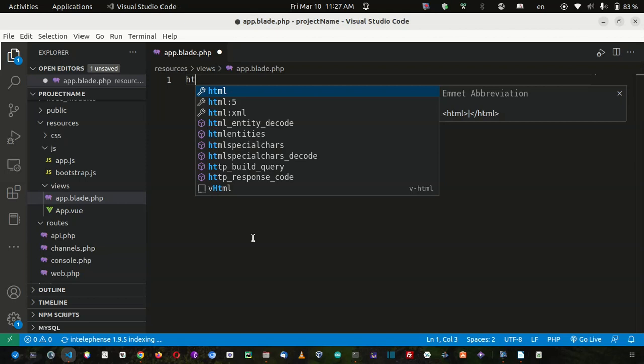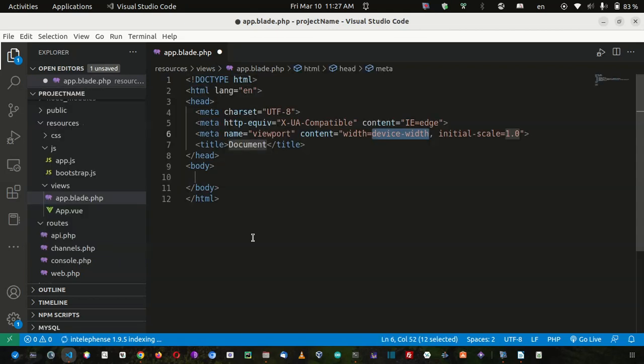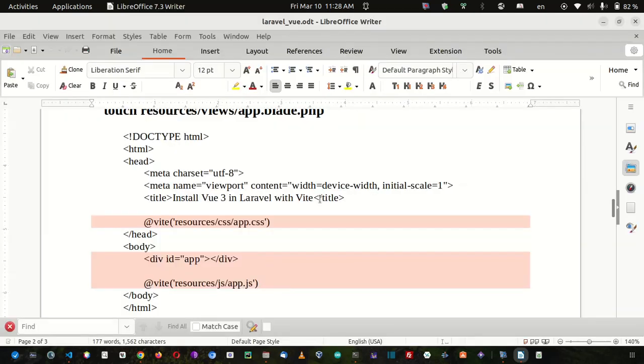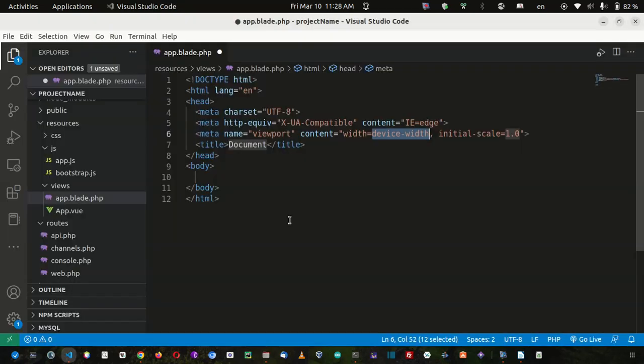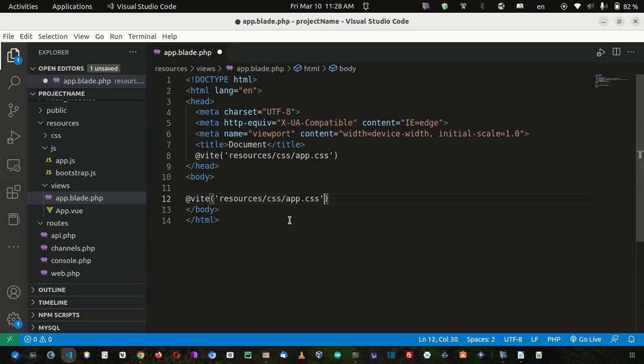So HTML, and this is by Vue. If you type HTML, it expands automatically into whatever this is. Let's import these two things. Make first the style file using Vite, and then in our body the JS file,